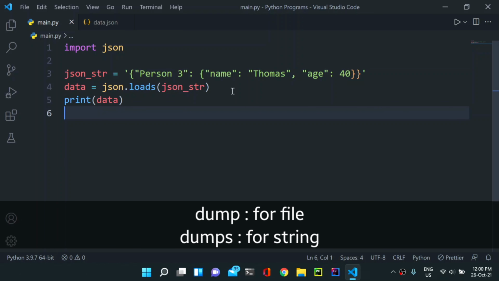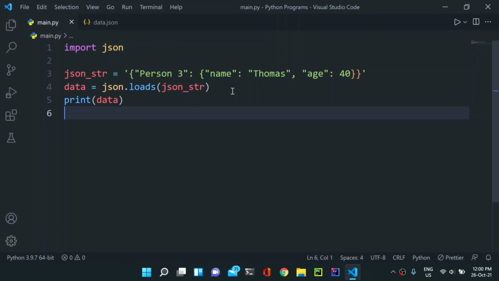Similarly, dump and dumps are the two types: you will use dump for the file, and you will use dumps for the string. Okay, so these are the two types basically which you can consider.